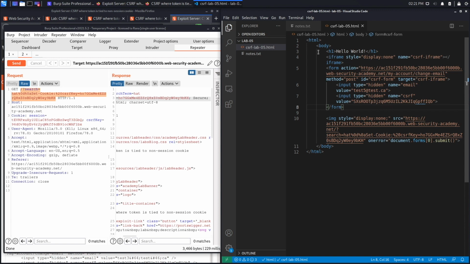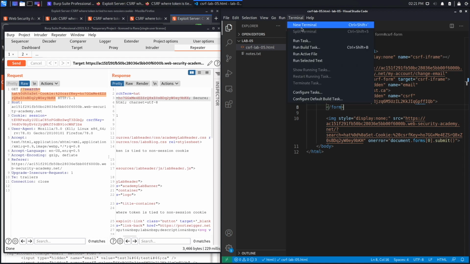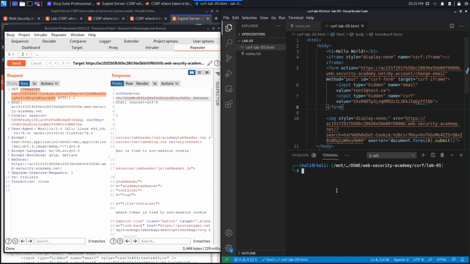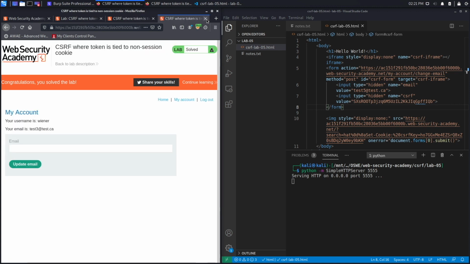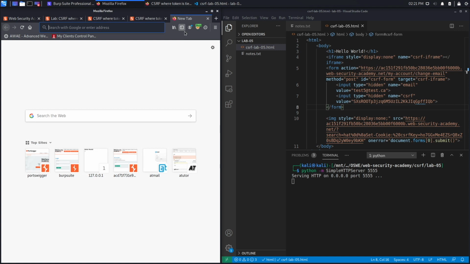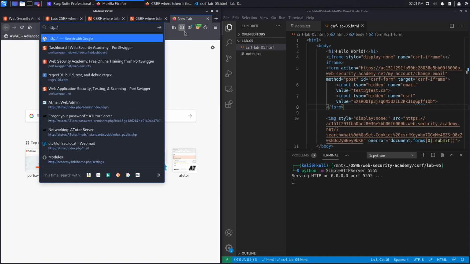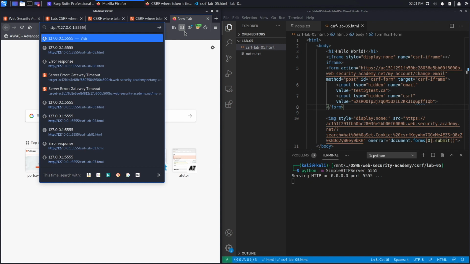So let's save this. The last thing we need to do is host the script on our own server. And to do that, we're going to click on Terminal, New Terminal, and then create a simple Python server on localhost port 5555. Now all we have to do is send the user the phishing link. So let's close this over here. Make sure this hasn't timed out, and it hasn't. That's good. So the phishing link would be http localhost, so 127.0.0.1, and then port 5555, and then the name of the script, which is CSRF